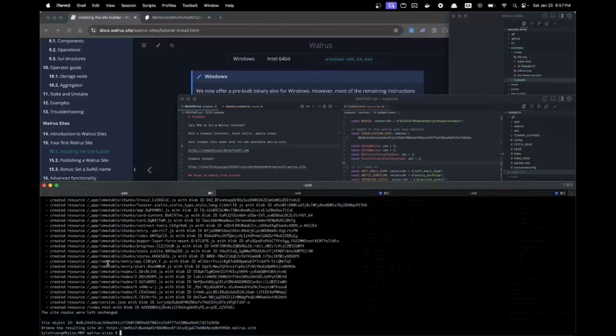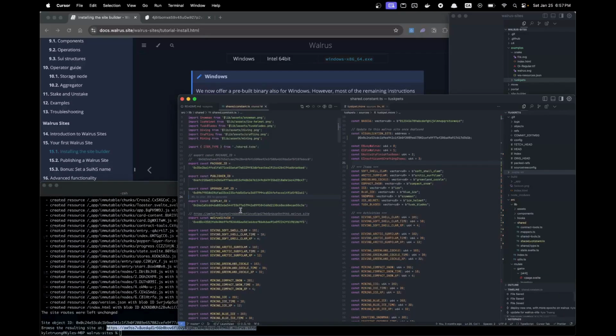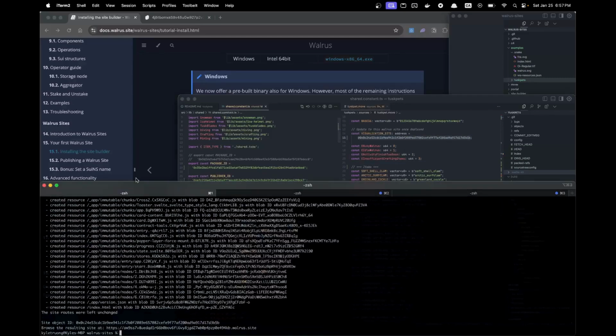Okay, and we're back again. So we just updated the site, and we should have the site right here. The site, the object ID and the site should be unchanged. So let me just double check that. We got the ID, which is 0C24. Somewhere here. Okay, yeah, there we go. And the site, yep, looks the same. So if we visit it right now,